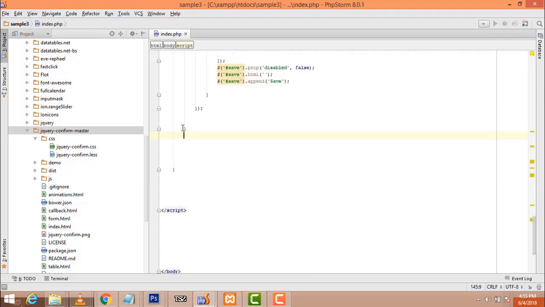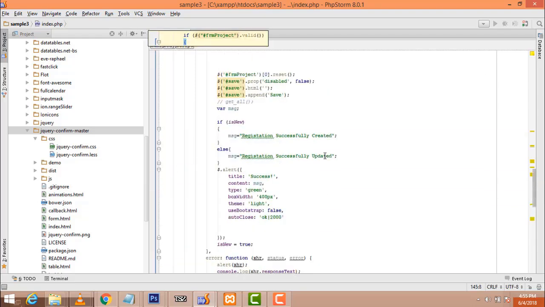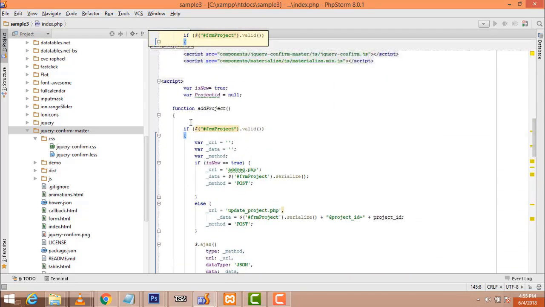Here this one will be closed. This one, with the form add form project, here. After that you have to close this one. Okay, this is the thing you have to do here. Add project is opened and closed there. After this one, this is opened and closed there. Okay, after that